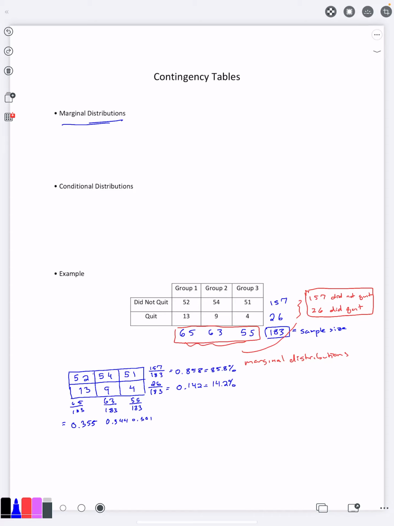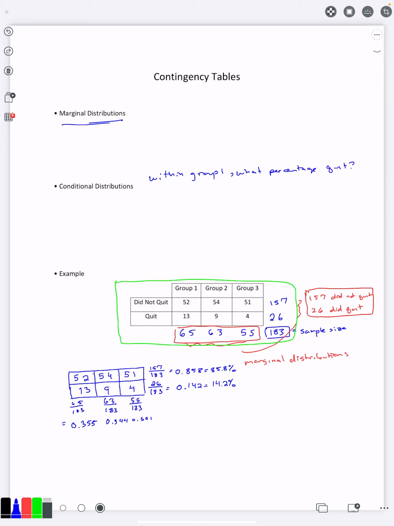The second thing we might do in terms of a contingency table is look at the conditional distributions. And these are not the same as the marginal ones. However, we are going to use the calculation that we did up here with our frequencies for a marginal distribution. Now what I'm going to say is, how about within group one, what percentage quit and what percentage did not quit? So if I asked you, within group one, what percentage